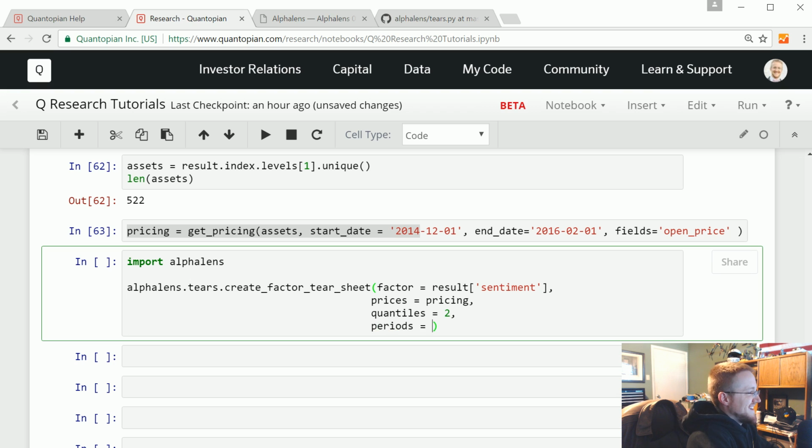Periods equals 1, 5, and 10. Okay, so periods is just, what periods do we want to think about in our tear sheets? So this is 1 period forward, 5, and 10. So that's 1 day, 5 days, 10 days. So maybe this data is,